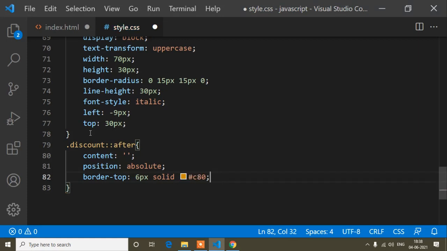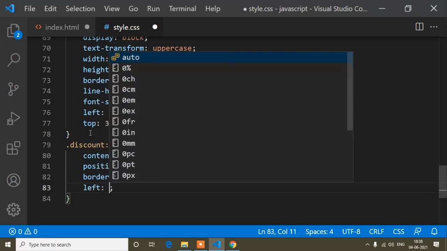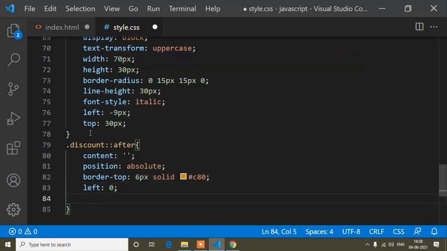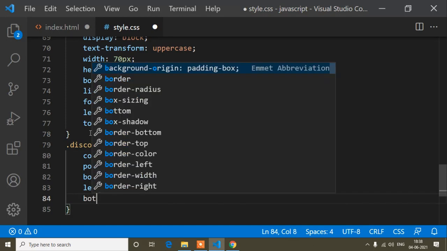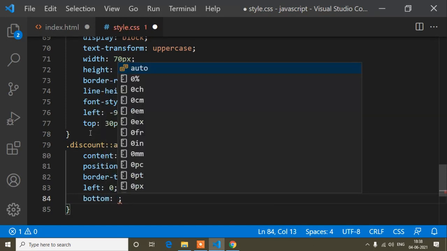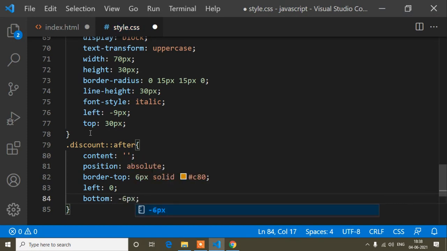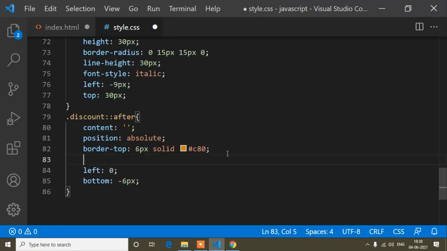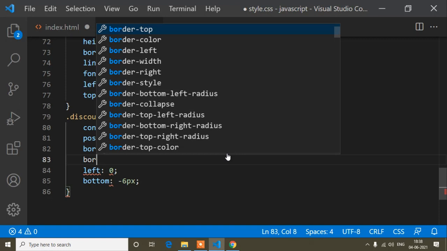And another, that is left, because when we write position absolute or relative, at that time we set the position, so that is left from 0, and bottom is -6 pixels. Here I will also add border left.